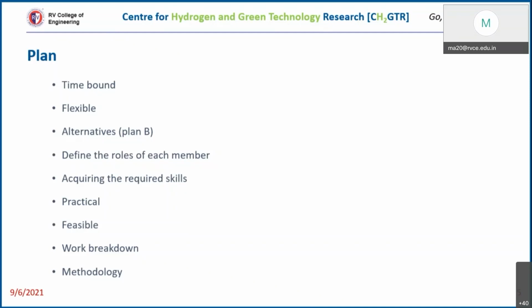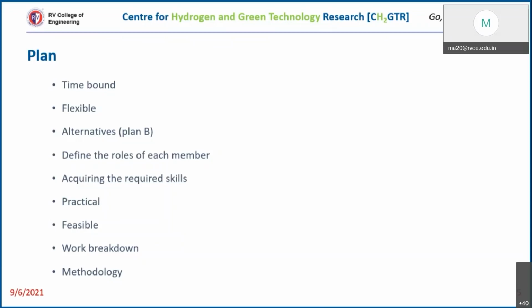Or say you need to get a characterization done. It was there in your institute. Now it is occupied. So you thought you can use it, but someone else is using it, and it is not available for you at the required time. So can I get it done from outside? Okay, that could be an alternative. So like that, in planning, you should have a plan B as well. So you should have an alternative as well.